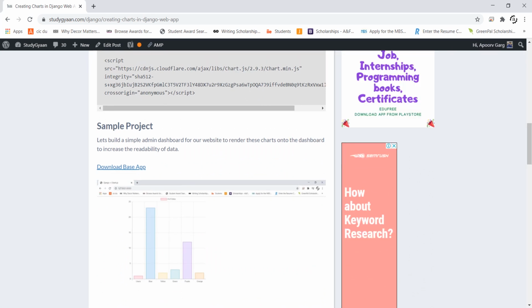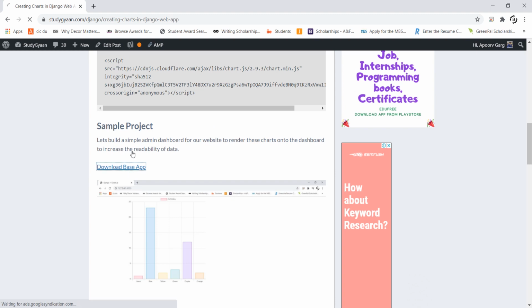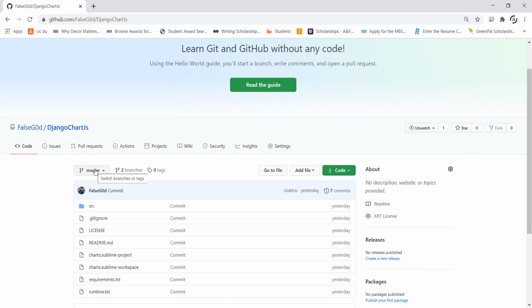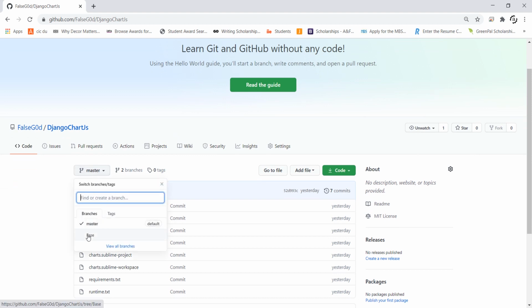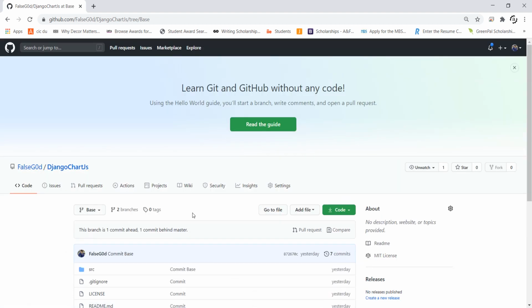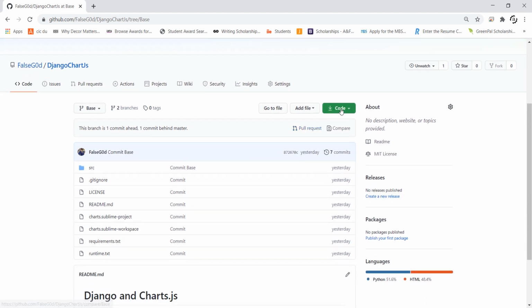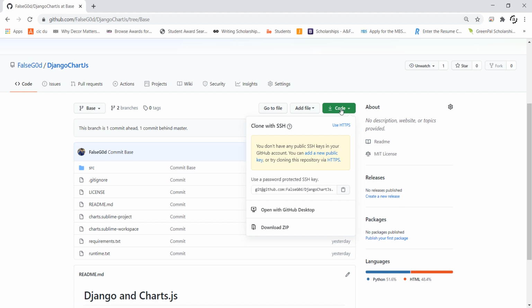The first step to learn this will be to download the Base app. Of course, we can create this app from scratch, but due to time constraints, we will be using the base app available on the blog. Make sure that while downloading, we download the base branch of the app and not the master branch. Right now, I'll simply download the code